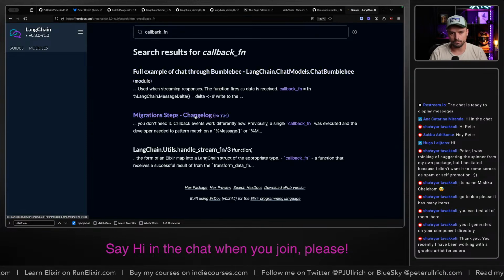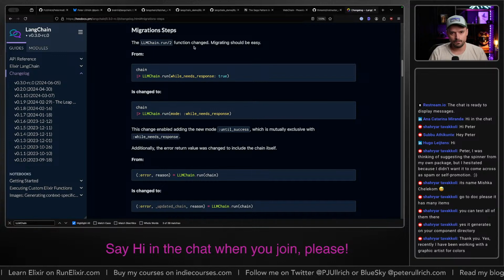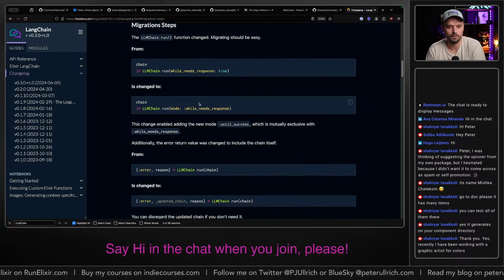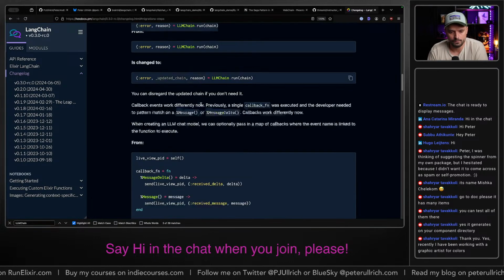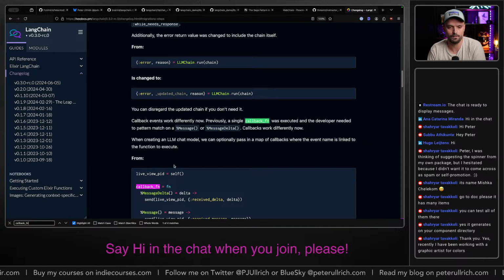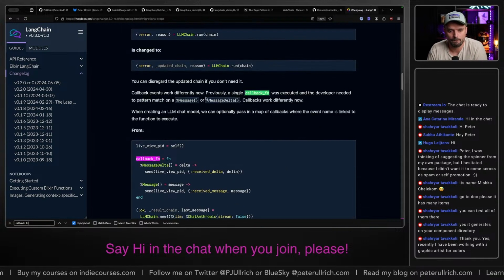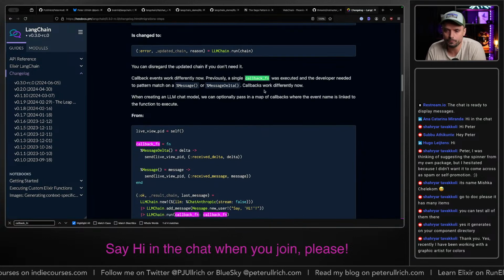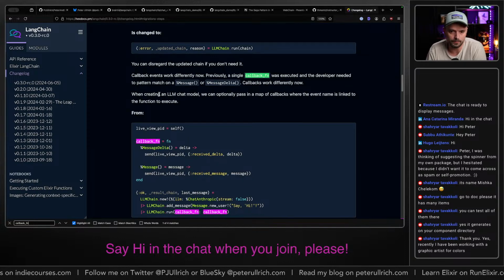Bumblebee. Here, the change log. The function changed. Migrating should be easy. Where's the callback? Here. You can disregard the updated chain if you don't need it. Callback events work differently now. Previously, a single callback function was executed and the developer needed to pattern match.